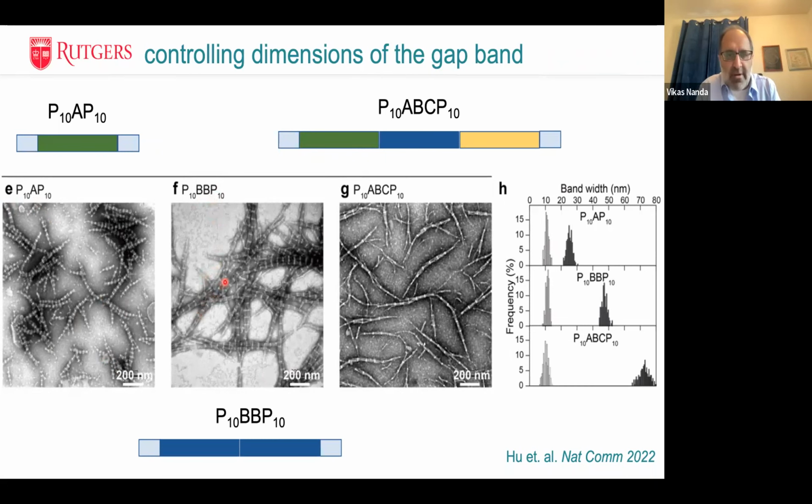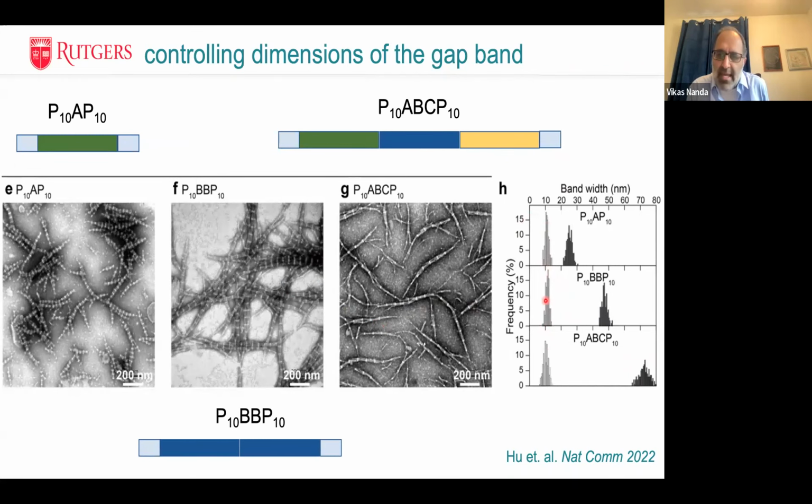We still get a banded fiber, but now what you can see that's happened is the light bands are the same width, but the dark bands are now twice as long. And if we insert three domains, the white bands are the same width, but the dark bands are 3 times as long. And you can see that here in these histograms of the bandwidths taken from multiple micrographs,